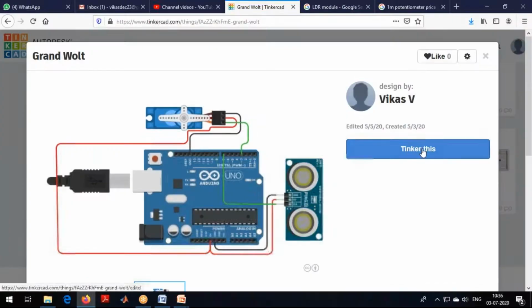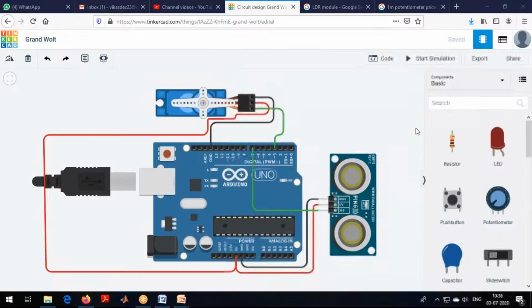I'll go with ultrasonic. As we discussed earlier, ultrasonic basically detects the distance of an object or obstacle, something like that. In malls, what we observe is, as soon as someone comes in front of the door, it opens, right? Earlier we considered if there is motion, the door should open. Here we are considering if someone is standing, the door should open. Okay, we'll see the working first.